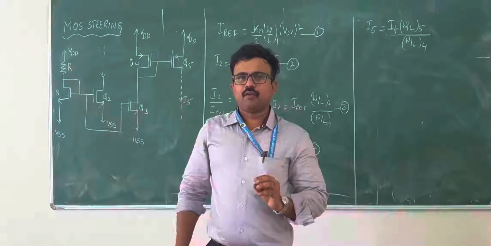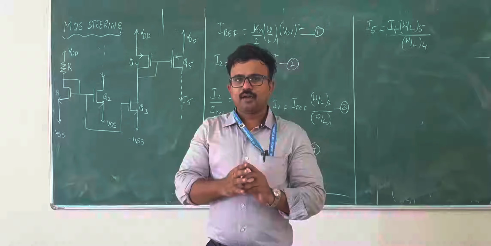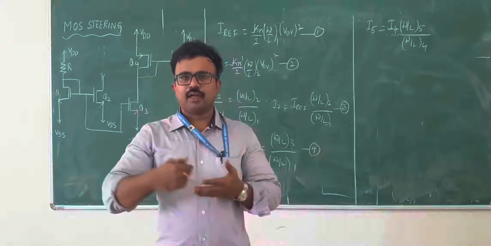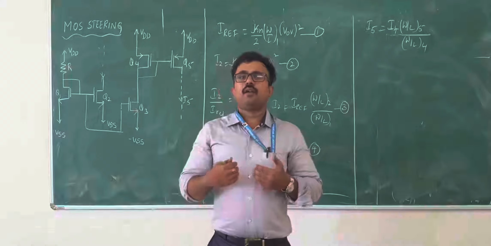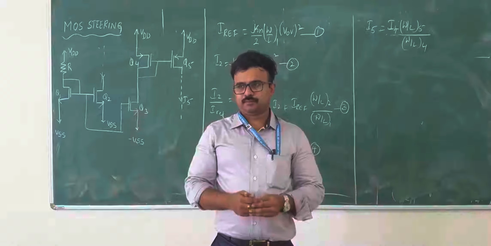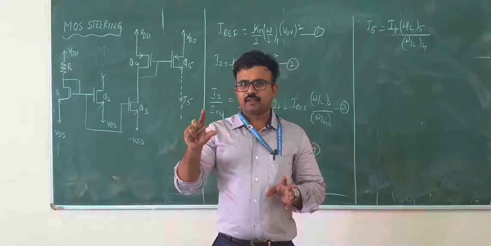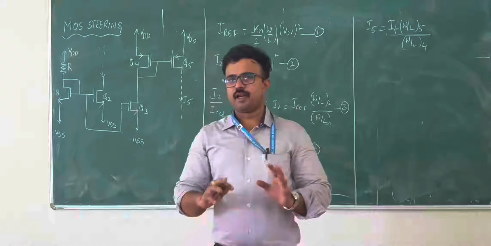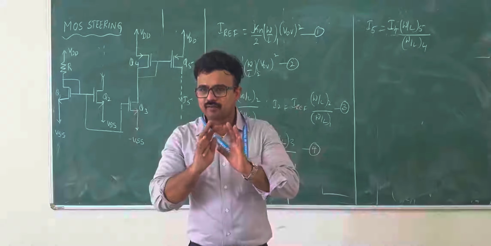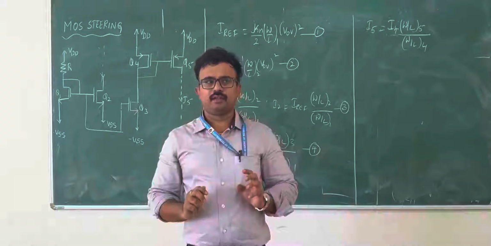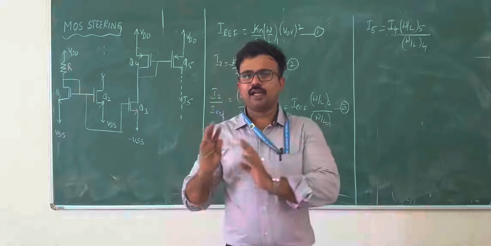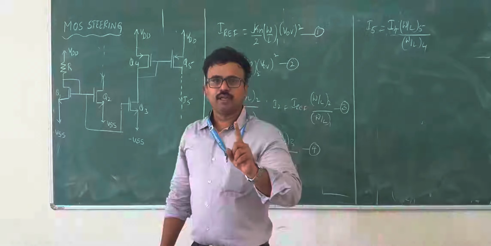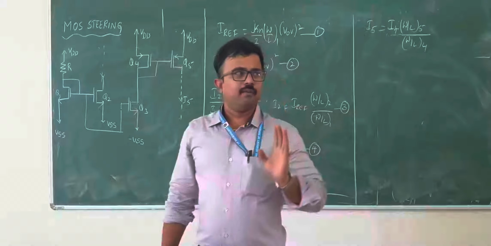Usually in an IC, when you have a single input as a current, you want multiple currents, whether I require reduced current or increased current. I cannot make use of different current sources. Like if I require 5 micro, design 5 micro separately. If I require 50 micro, design 50 micro separately. If I require 30 micro, that is not an ideal way of designing. Take one reference current, and whether I want to increase or decrease can be done using MOS steering circuits, which make use of the MOS current mirror.